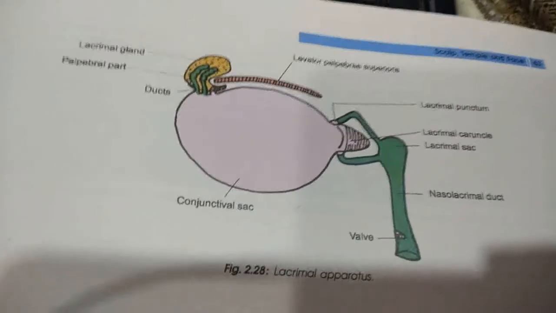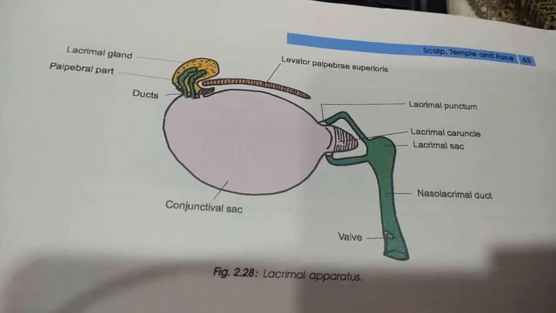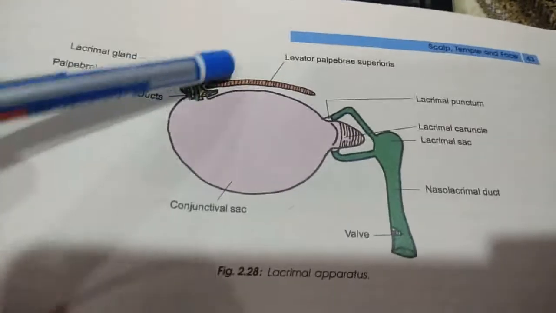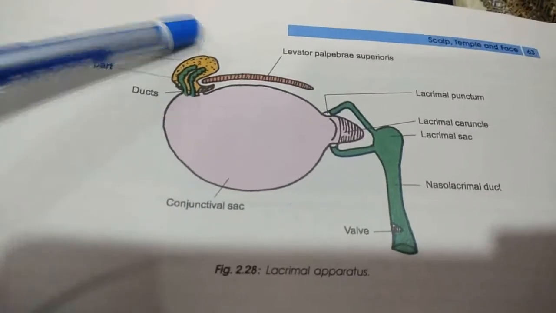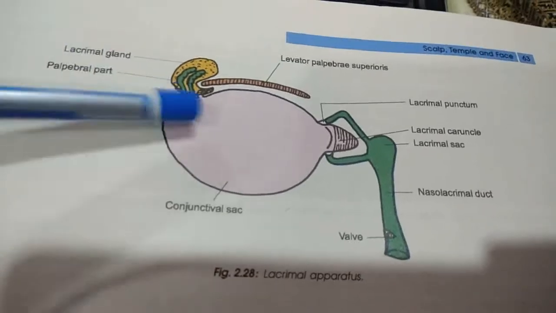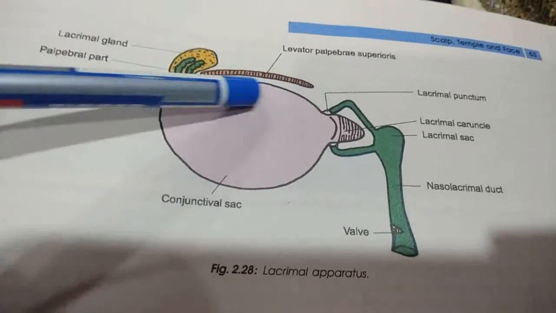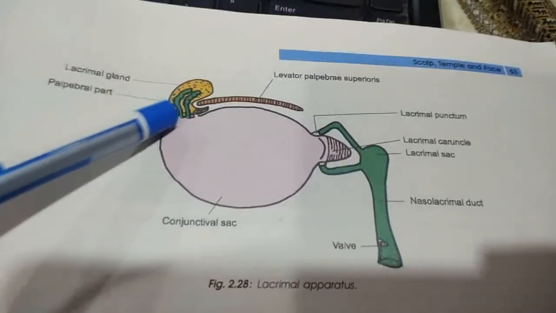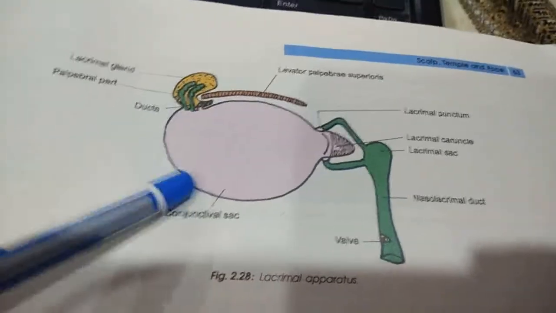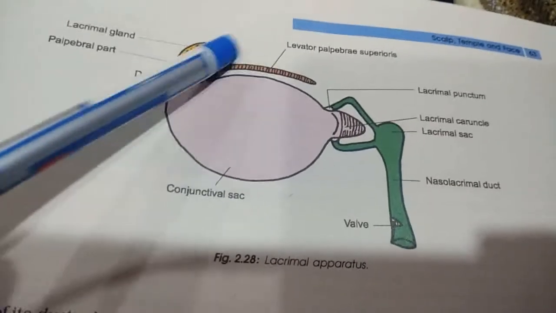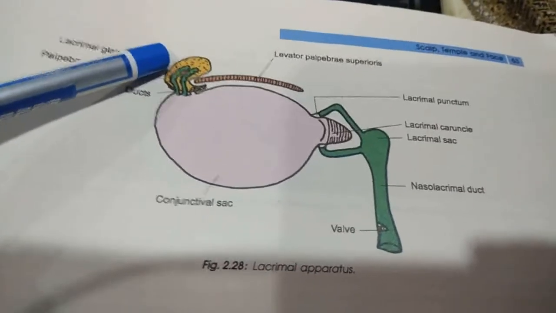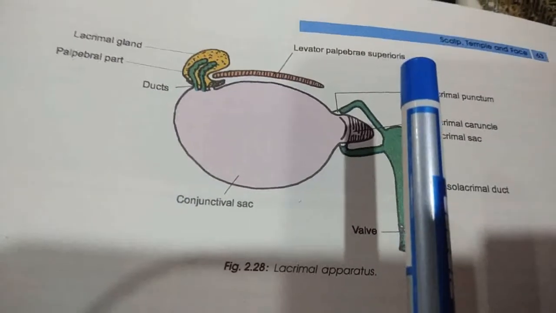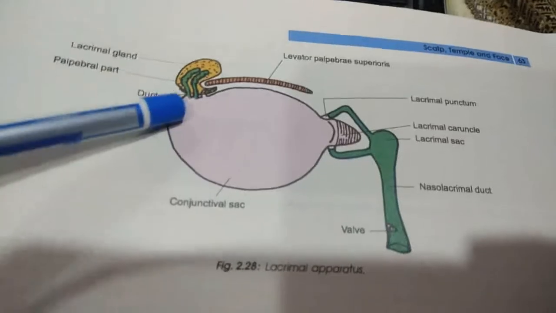The lacrimal gland, firstly, is a serous gland situated chiefly in the lacrimal fossa, on the anterolateral part of the roof of the bony orbit. The orbit is here around this area. Its anterolateral part comes lateral, right? Here is the nose part, the medial part. This is lateral.